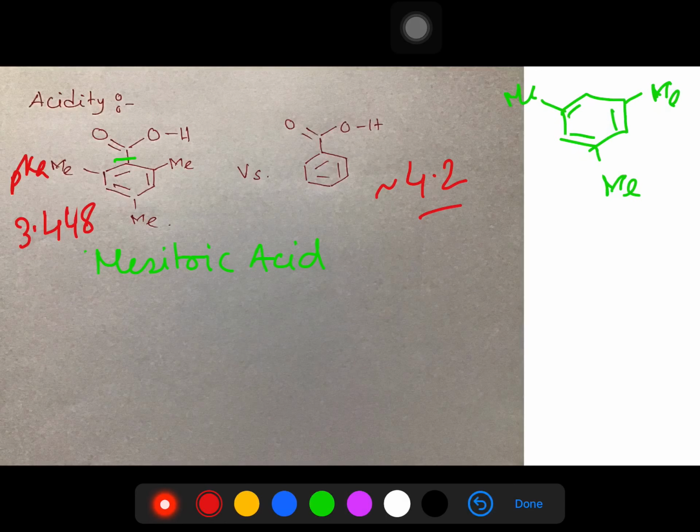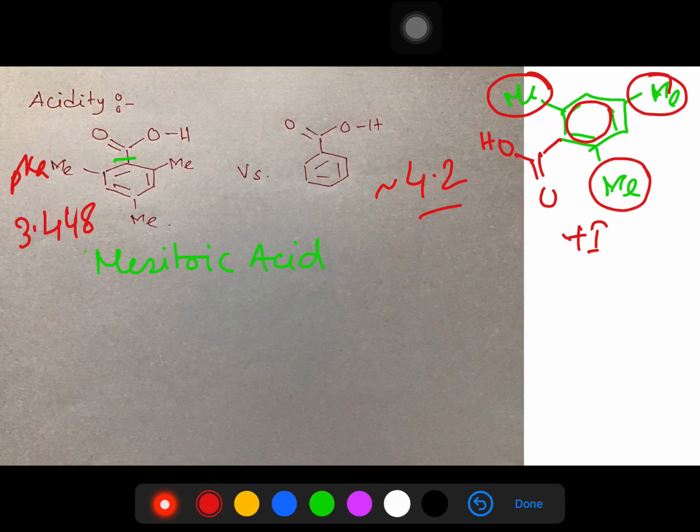See, what we expect is that a benzene nucleus attached to 3 methyl groups, and that is attached finally to a carboxylic acid. These methyl groups should have a plus I effect, so they will increase the electron density in the ring. So what generally we can expect is that the acidity of this carboxylic group having methyl substitution should be lower, means pKa should be higher, but in this case the reverse is happening. Okay, so this is the interesting part of this mesitoic acid system. Actually, why this happens, just look at this very briefly.